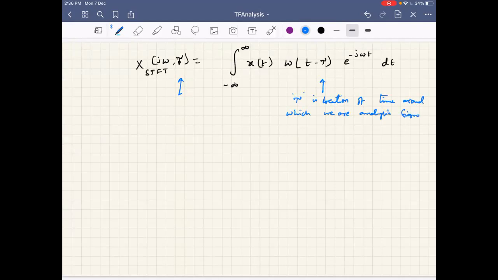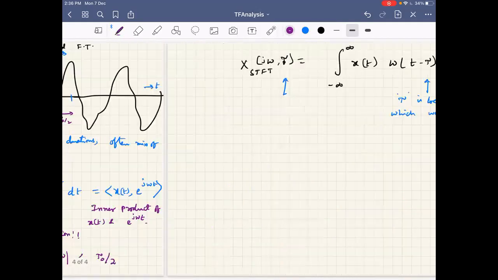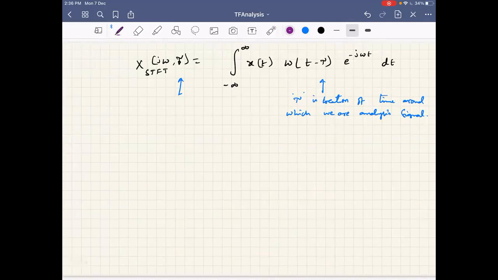Analyzing the frequency content of the signal. At t equal to tau, we are analyzing the signal. And how is this analyzed? Through putting a window function, referred to as a rectangular window function, w of t minus tau